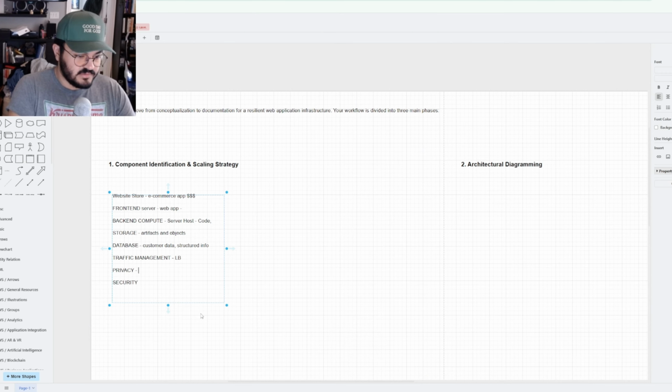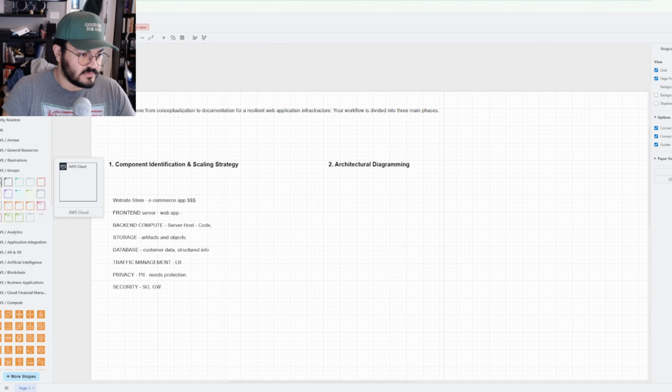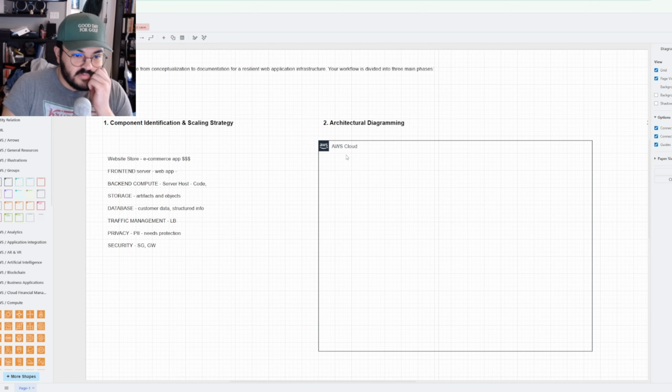I'm pretty overwhelmed by this because I don't feel very confident in what I'm doing right now, but I'm trying, so we'll see how that goes. So we have the AWS cloud. Now, the beautiful thing about the AWS cloud is that